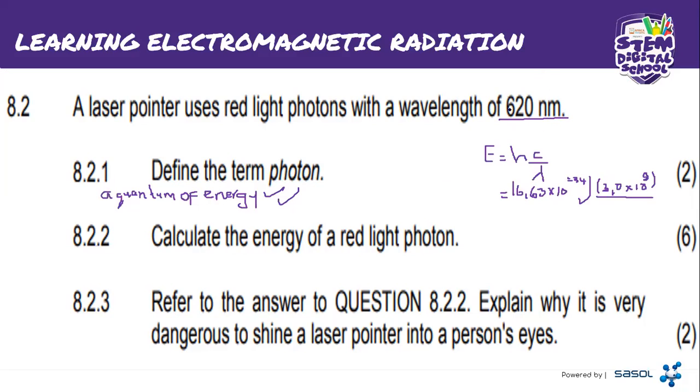And remember, the wavelength there is given in nanometers, so we are the ones that must convert it to meters. I told you, you will take the value as it is and multiply it by 10 to the power of negative 9, and now our answer will be in meters. So there I will divide by 620 multiplied by 10 to the power of negative 9 meters. And this is going to be equal to,